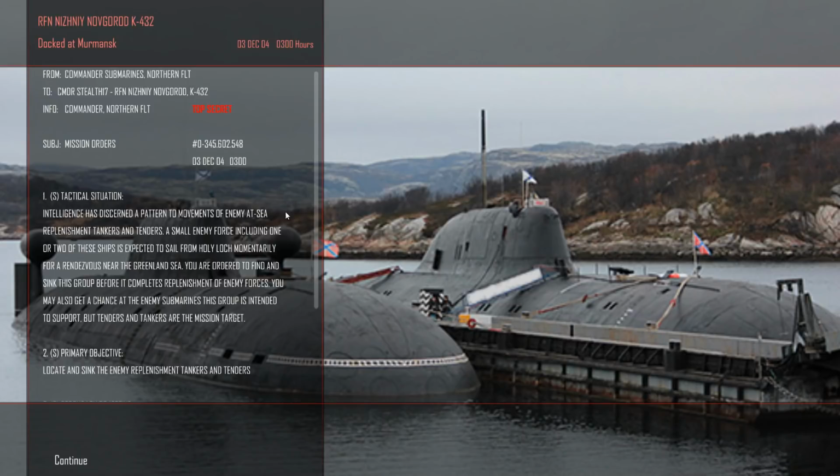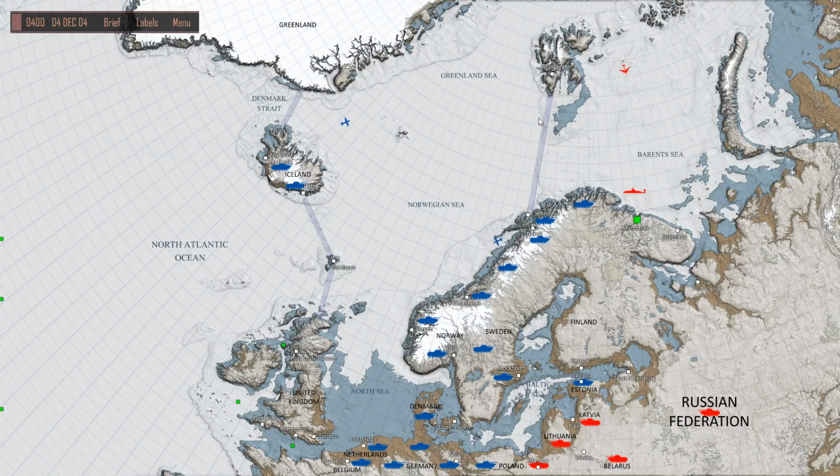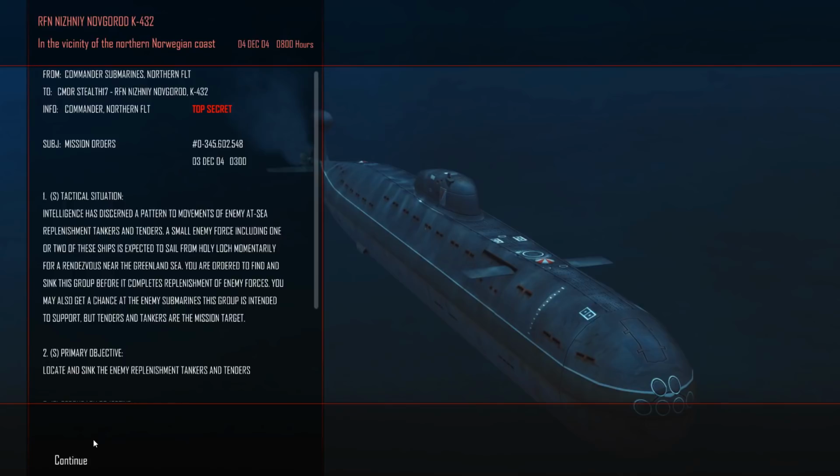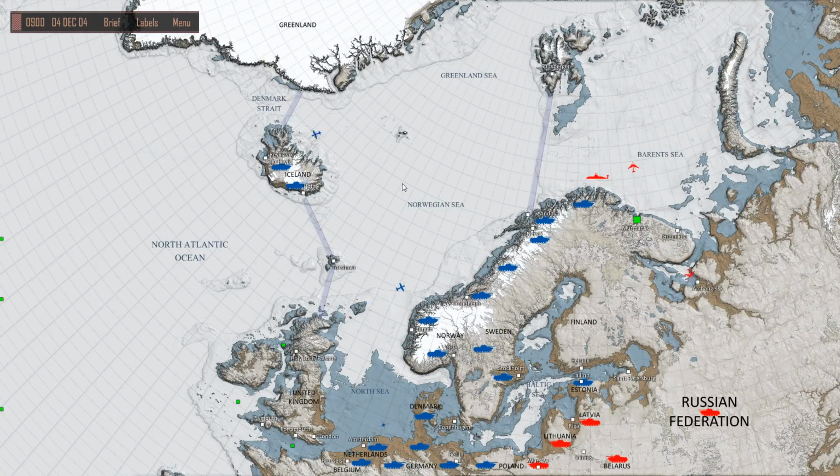Okay. Replenishment. They're expected in the Greenland Sea, coming from... Alright. Off we go. Right. We are dealing with, assumedly, surface ships. Oh, Christ. This is that small thing. Yeah. I was hoping I'd carry anti-ship missiles. I do not. Meaning I'm gonna have to try and race toward...